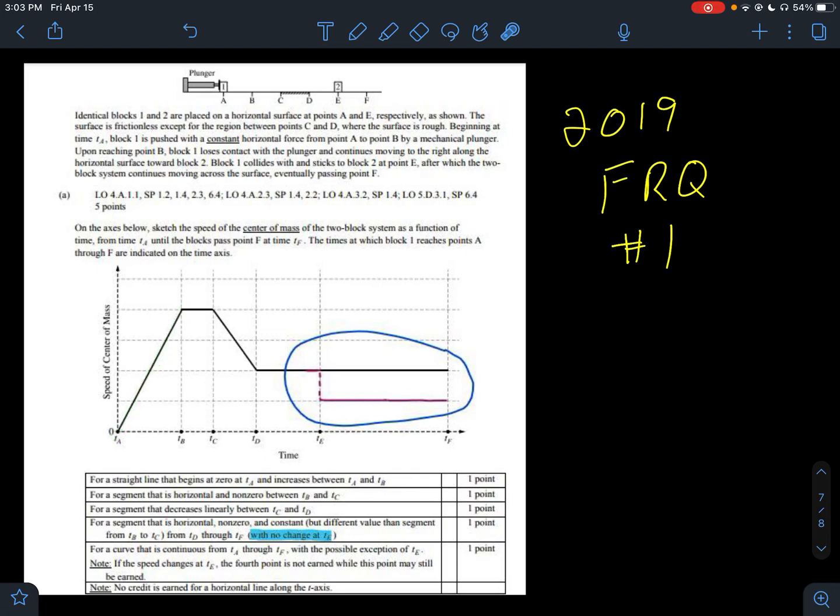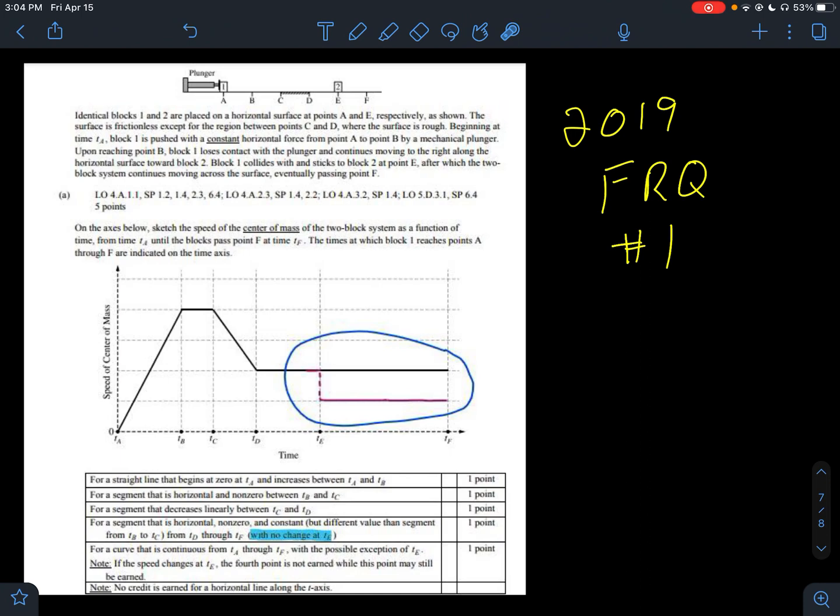Then when the plunger is no longer placing a force on it, it goes at a constant speed, hits that friction area, slows down. Then when there is no more friction, it continues to move at a constant speed. Again, this is the graph of the center of mass of the two block system. And the one thing I mentioned for AP Physics 1, or even just AP Physics 1 and 2, not like calc-based type stuff or something you'd see in college,